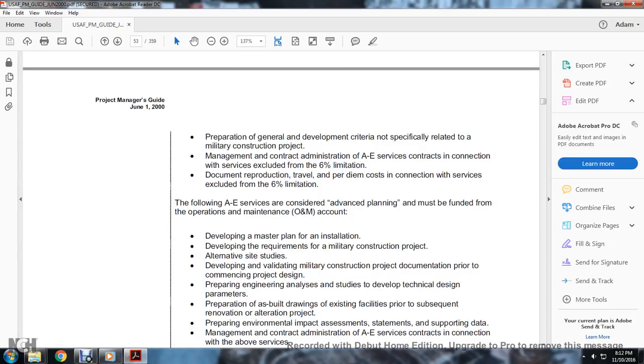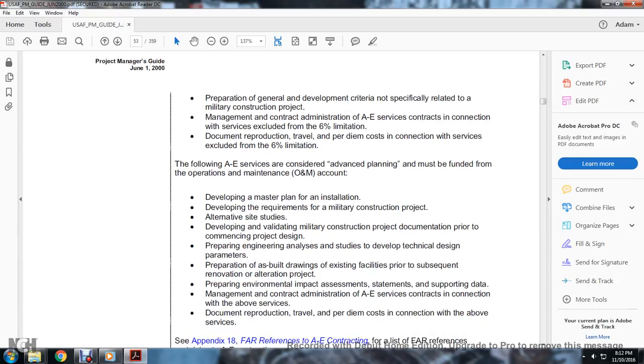The following A&E services are considered advance planning, but must be funded with the operation and maintenance account: developing the master plan for the installation, developing requirements for the military construction project, alternate site studies, developing and validating military construction project documentation prior to commencing project design, preparation of engineering analysis and studies, developing technical design parameters, and preparation of as-built drawings of existing facilities prior to a subsequent renovation or alteration project,